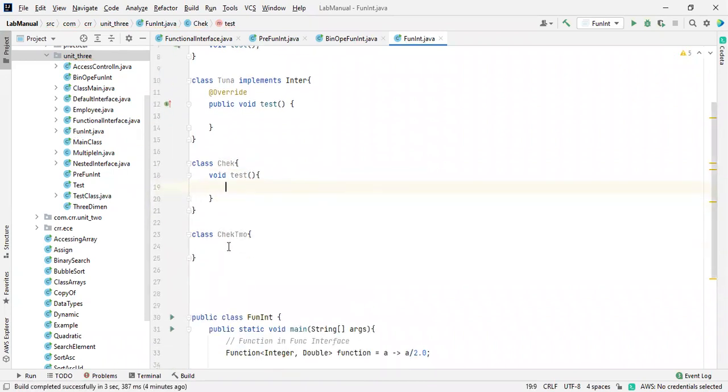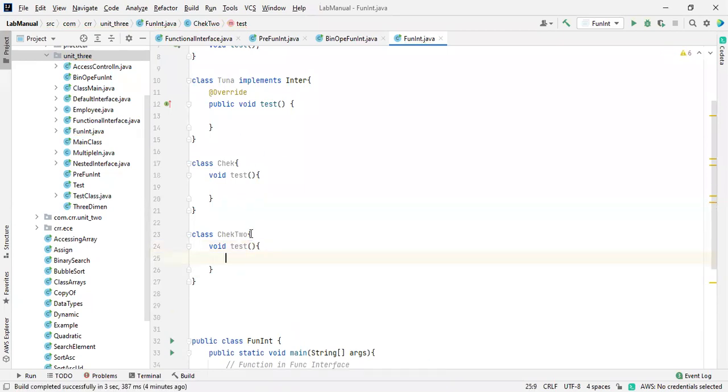So how are you going to overload that? Void, the same method name. Okay. So here, when I use extends, how are you going to inherit the properties of a base class? By using the extends keyword.